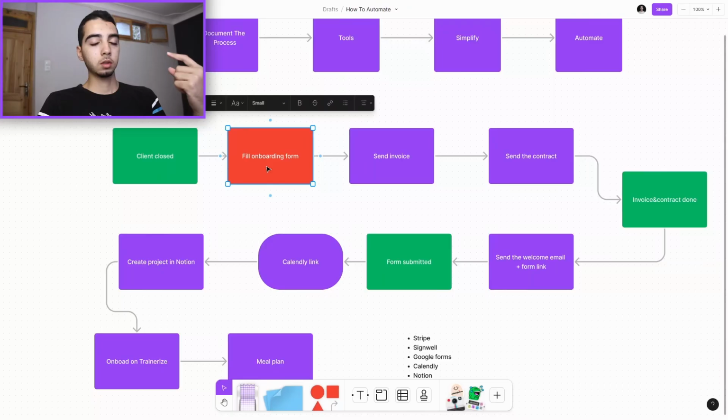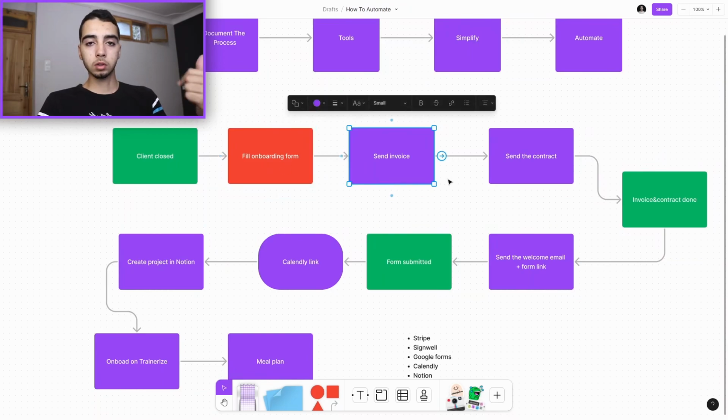Before, I was going to, first of all, sign into Stripe, fill in the information, send the contract, and also go to the contract software, create a new contract, fill in the information, and then send the contract. Now, I just need to fill one Google form application, click submit, and the contract and the invoice get submitted. As you can see, from two steps in software, to just filling in the form, and then everything else